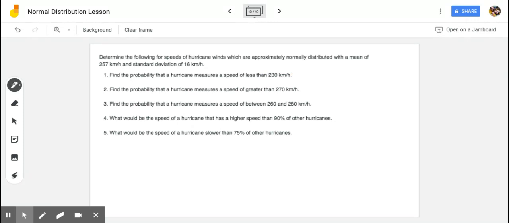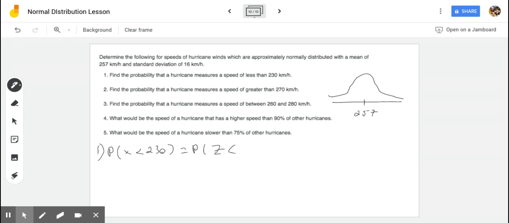Less than 230 is small. It is helpful to draw this out. The curve would look like this roughly, with 257 in the middle, and then you've got standard deviations on both sides. So less than 230 would be this percentage here, and it is less than 50%. We're going to start off by asking, what z-score is 230? So if we want the probability, let's do question 1 here. The probability that x is less than 230, what we're going to do is figure out the probability that z is less than